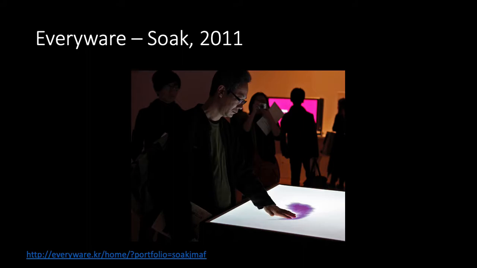They also did this piece, Soak. This is one of my favorite pieces of theirs. It's a table that's covered in a stretchy fabric material. It's rear projected from underneath. Where you touch, the fabric appears to be hit by pigmented ink or paint that soaks into the material and expands, almost like a watercolor painting. There's a Kinect underneath the table as well that's reading the deflections in that fabric surface, which is how it knows where to place